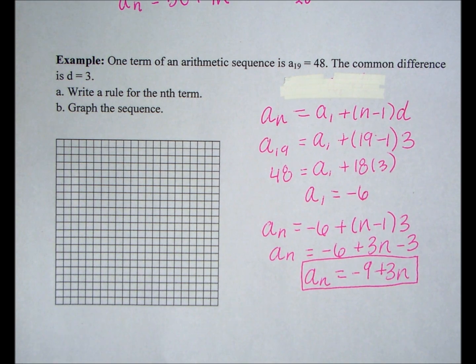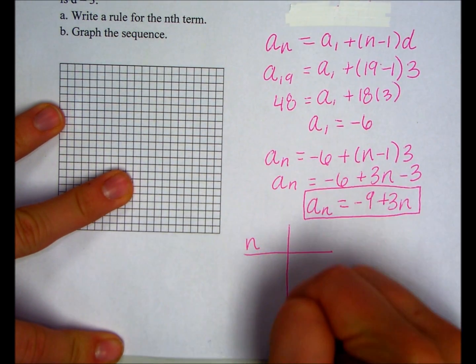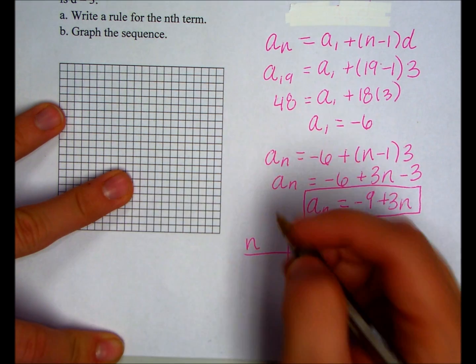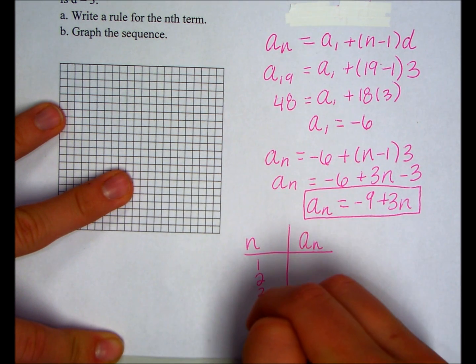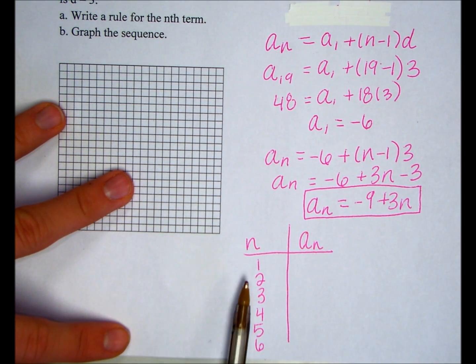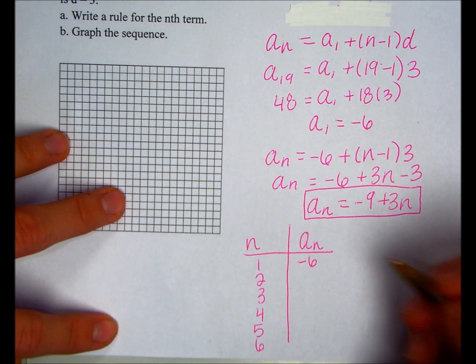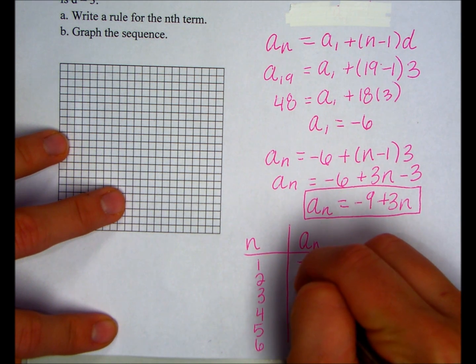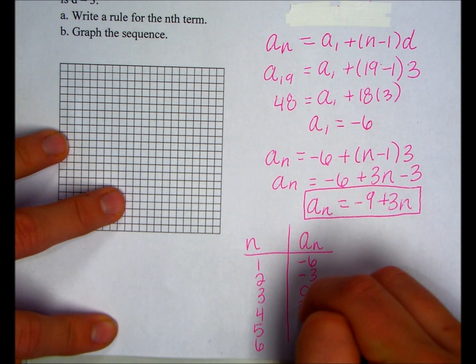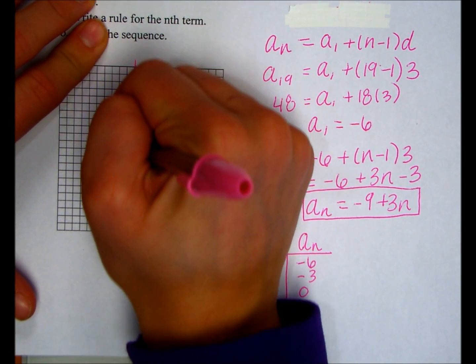They also ask us to graph to kind of see what this looks like. So before I jump right to my graph, I'm going to set up a table for my n values and my a sub n values. So we'll just look at the first 6 terms. So if I plugged 1 into my rule, I would get negative 6 out. We knew that because we knew our first term was negative 6. And then from here, all you're doing is plugging these values into your rule to get your a sub n value out. And if we graph this,